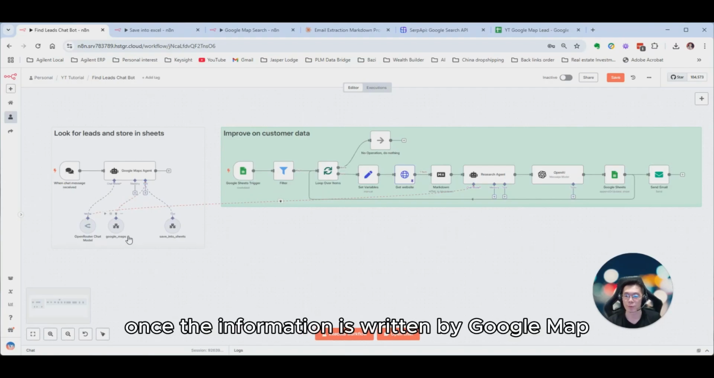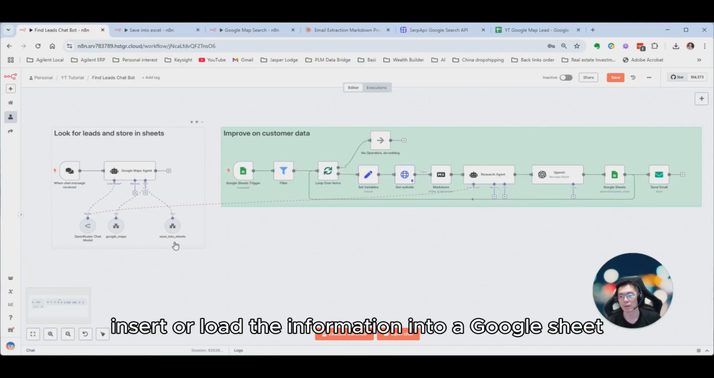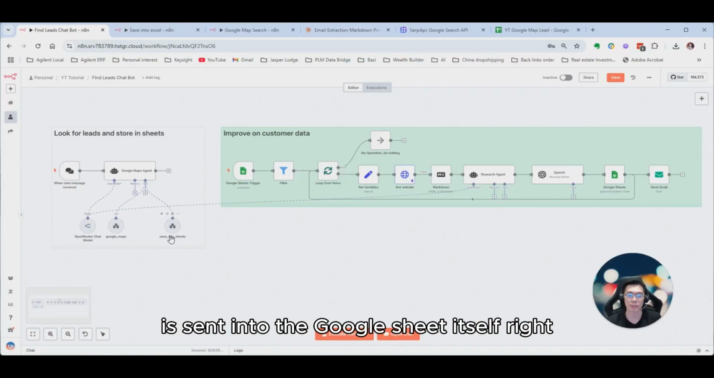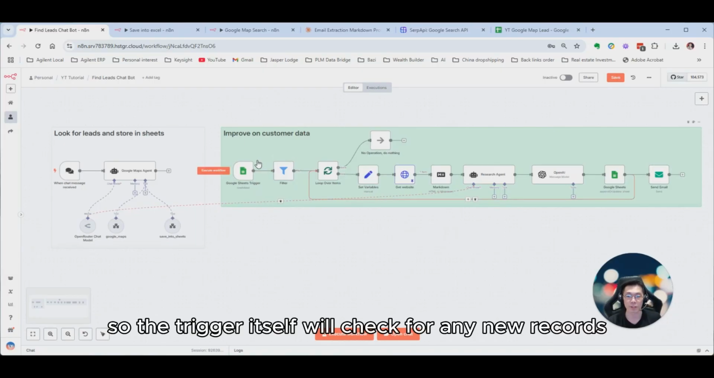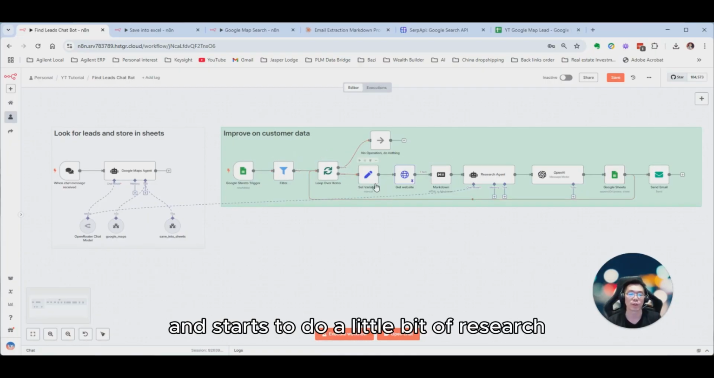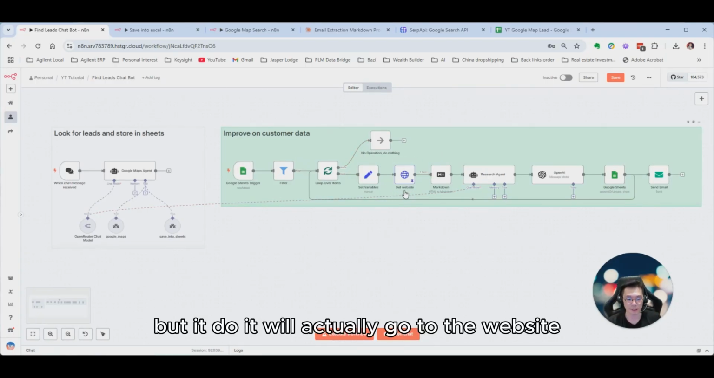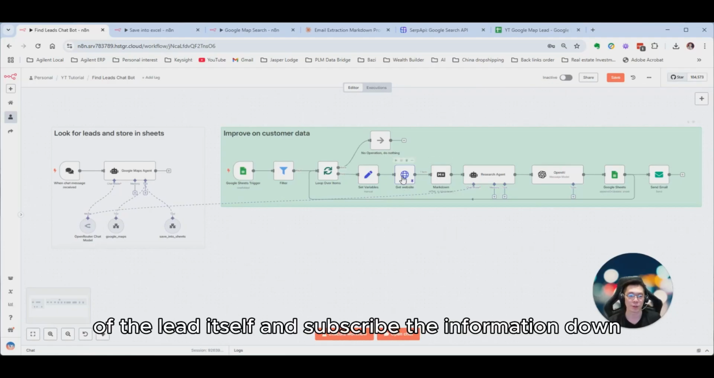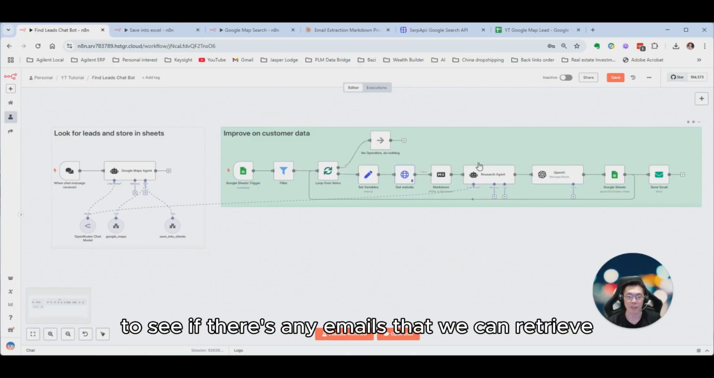And then, of course, once the information is written by Google Map, you start to insert or load the information into a Google Sheet. When the information is sent into the Google Sheet itself, it actually starts a trigger here. The trigger itself will check for any new records that have been added to the Google Sheet. It starts to do a little bit of research. It will actually go to the website of the lead itself and scrape the information down. And through an AI agent, again, it will do a little bit of research on the website itself to see if there's any emails that we can retrieve